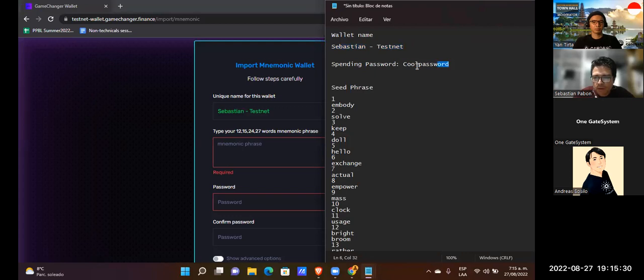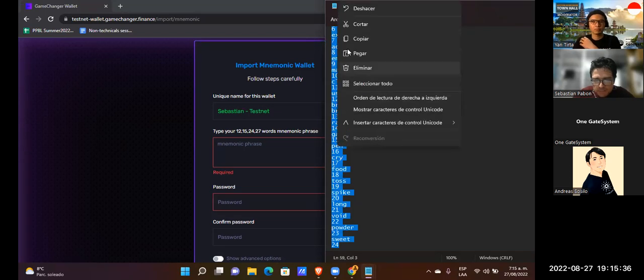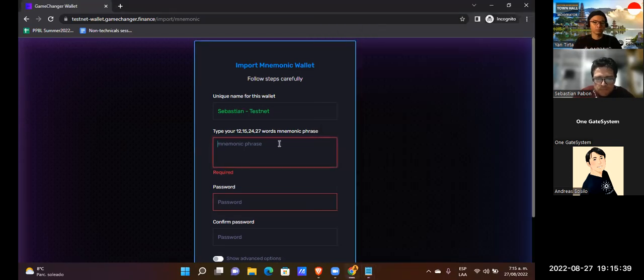Okay, spending password of our mnemonic. So this, and you paste it here, but of course we have to eliminate all these numbers and separate each word with a space, only one space.